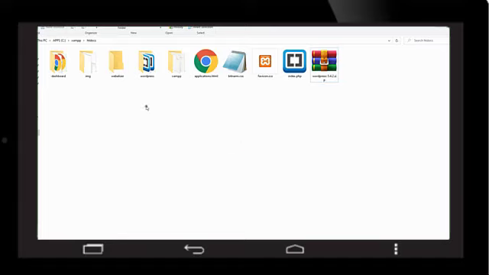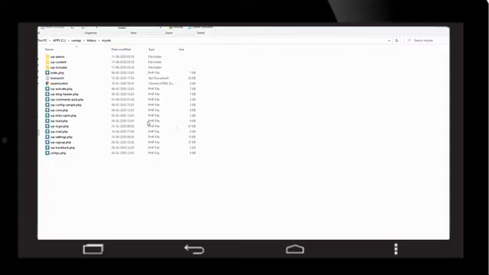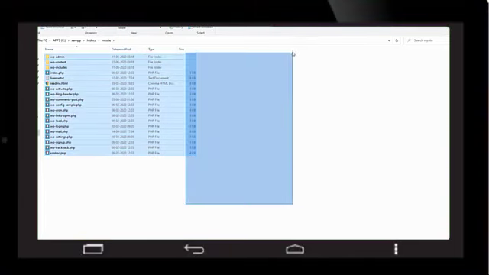So we got this file over here, WordPress, and now we don't need this zip file. So let me delete this one. And for this folder, I'll rename it as mysite. That's it. Let me open this folder, mysite, and here we have lots of files which are the WordPress files. So we don't have to do anything with this.